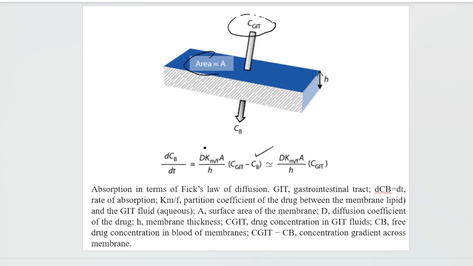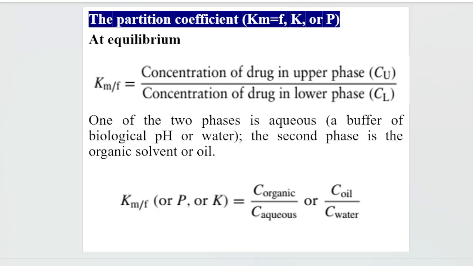the diffusion coefficient and the surface area, and it is inversely proportional to the thickness, and it is also directly proportional to the concentration of drug inside the GIT. Greater is the drug concentration in the GIT, greater will be the movement of drug from the GIT into the blood. So again, the partition coefficient,